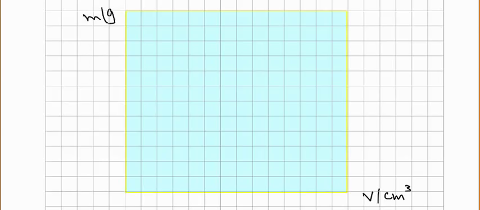Then for each axis you need to choose a suitable scale. Each scale is independent from the other one, which means on the x-axis I can start from 0, on the y-axis I can start from any other value, like even 500. Actually, this will be based on the scale that you choose. Your choice should allow the distribution of points for at least half of the axis, which means at the end